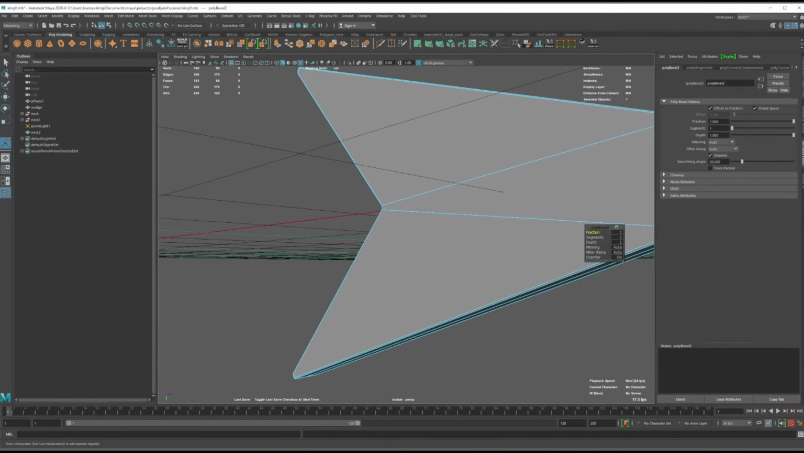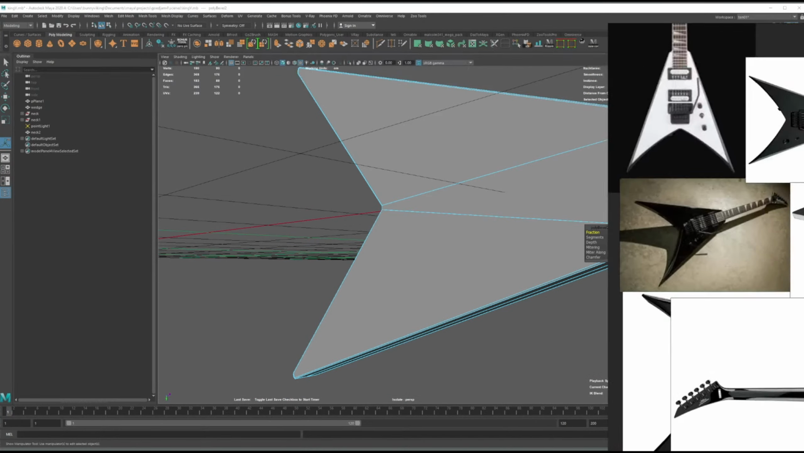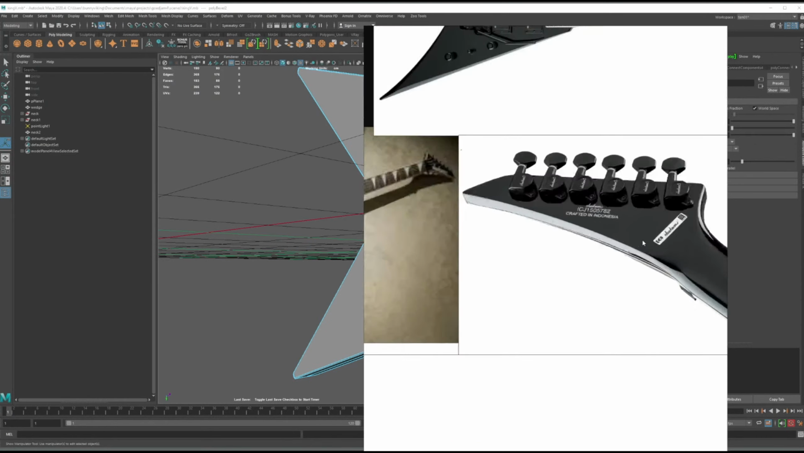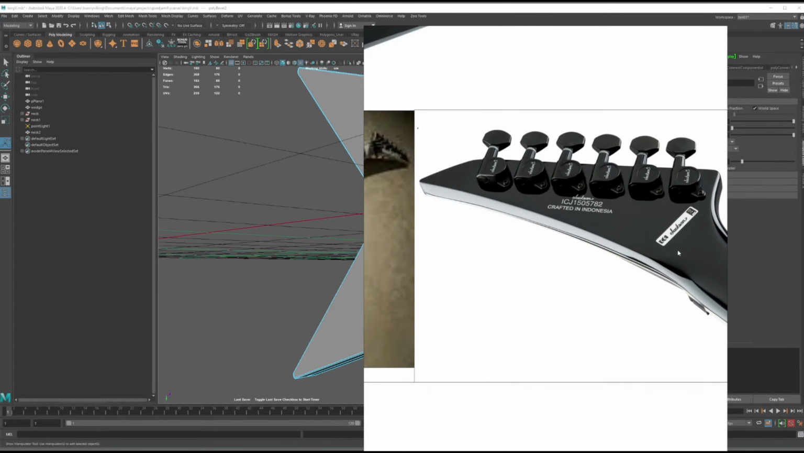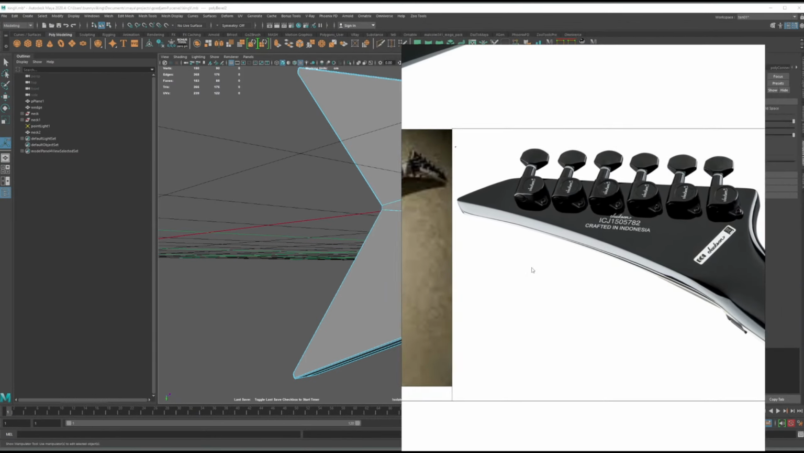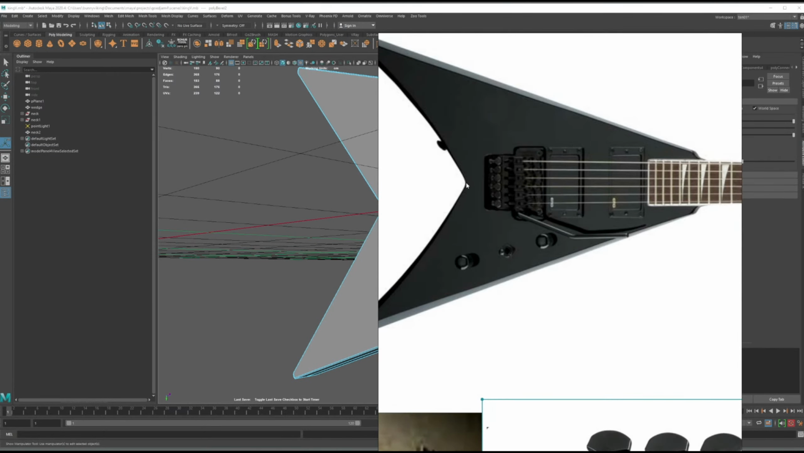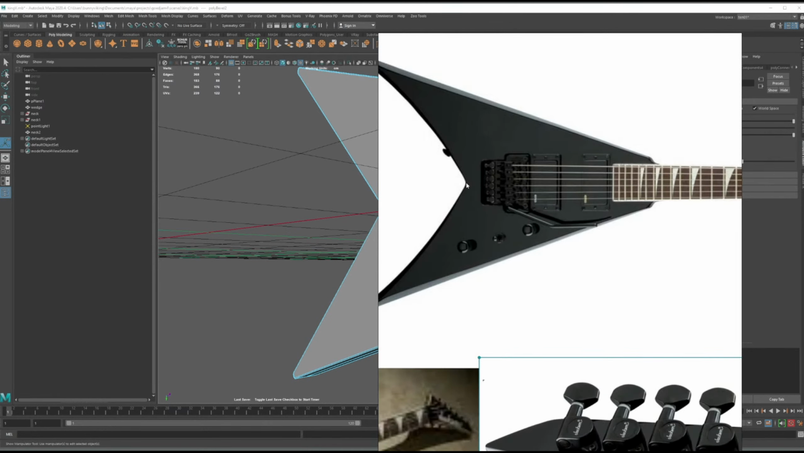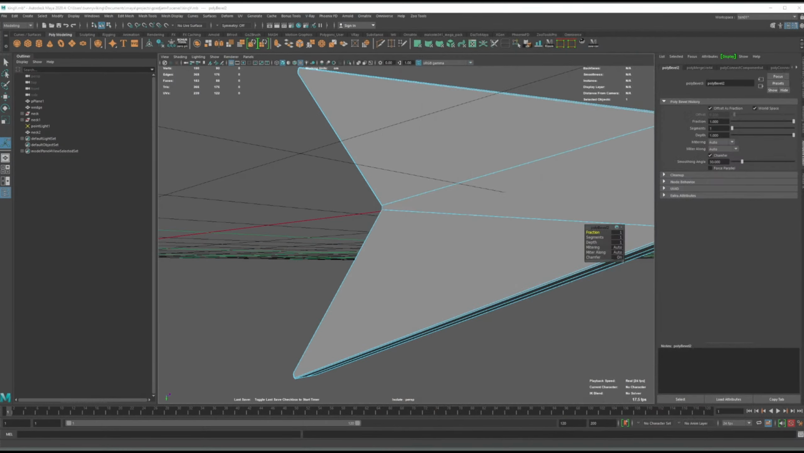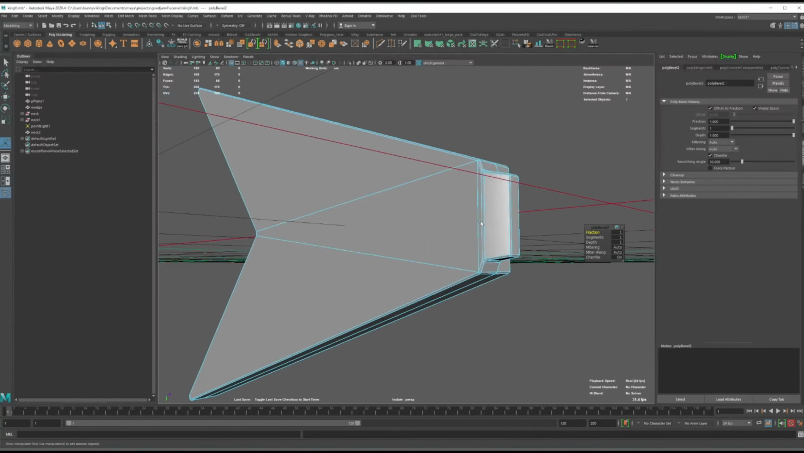Alright, have a quick look at my reference. And I just want to have a look at the head here. So it really is a wedge, not a rounded. I don't think I'm going to bother doing that. I think I'm just going to round it off. Which, you know, hooray, that'll help us with our potential